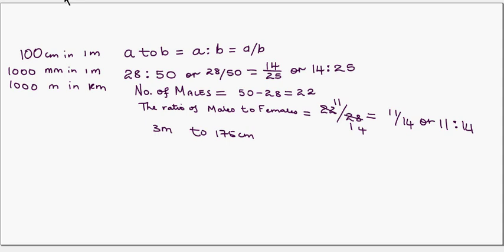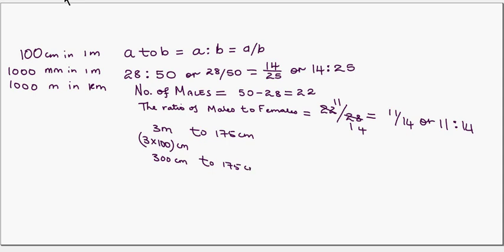To take those notes there. But what we have to do now in our question is convert the meters to centimeters or convert centimeters to meters. I will choose to convert meters to centimeters. So I will convert this by saying 3 meters is the same thing as 3 times 100 centimeters, because there are 100 centimeters in each meter. So for 3 of them, you have to multiply it by 3. So this becomes 300 centimeters